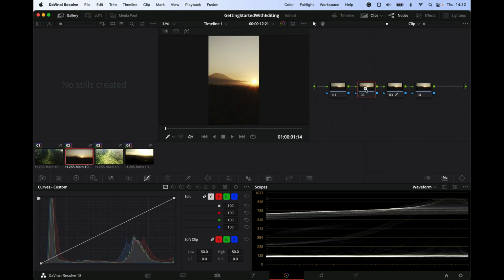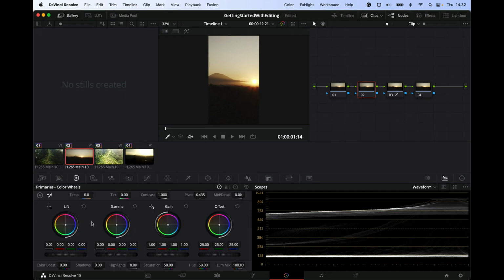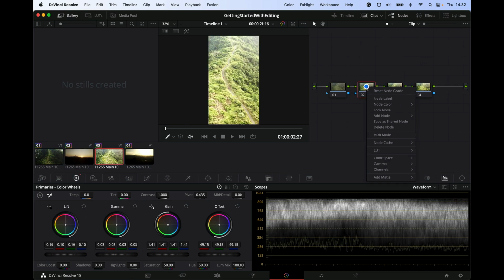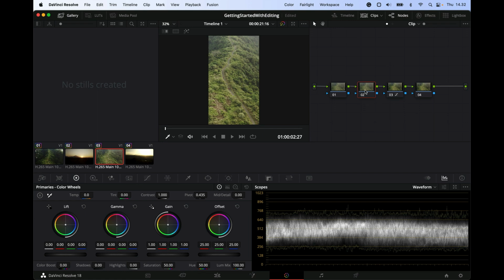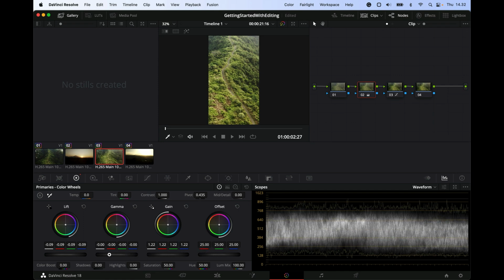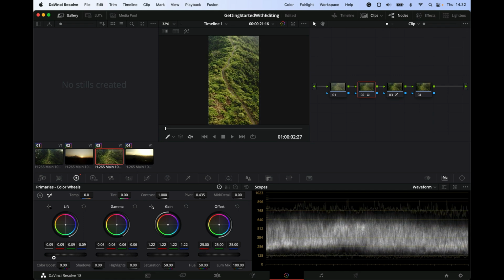So we can reset this node, which is where we did our initial grading here. And let's just drag that down a little bit, kind of drag this one down and this one down, this one up a little bit. So now I'm just adjusting for these, and of course this won't work for all of the clips because they were shot in different exposures, and it kind of also looks a little bit different from how it was shot